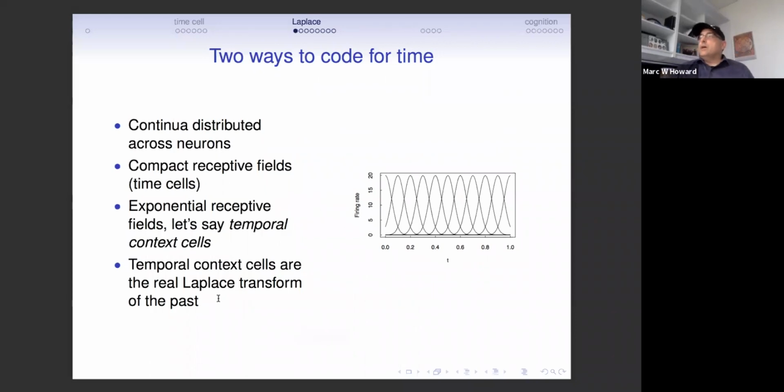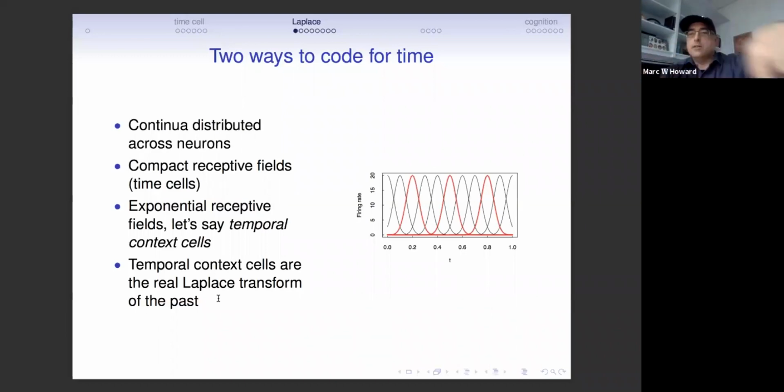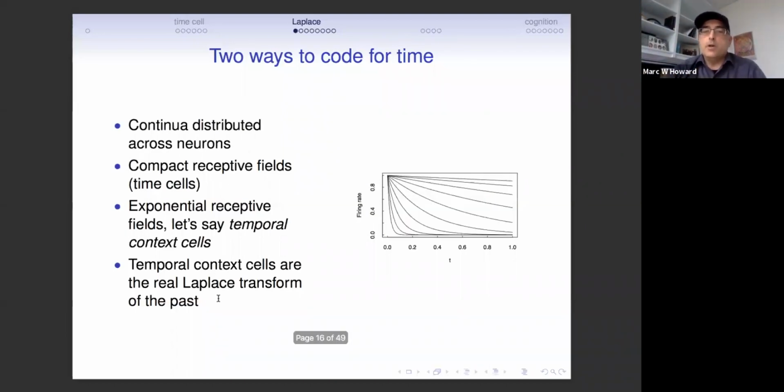So we proposed in the 2010 paper and subsequent work that there's not just time cells. The time cells are derived from this other population of cells. Let's call them temporal context cells. And rather than having receptive fields that tile the time axis with different cells having different peaks along different parts of the axis, we proposed that these cells ought to code for the same type of information with exponential receptive fields, and that rather than peaking at different points like those Gaussians I moved along, the variability across cells should be carried by the rate at which they decay.